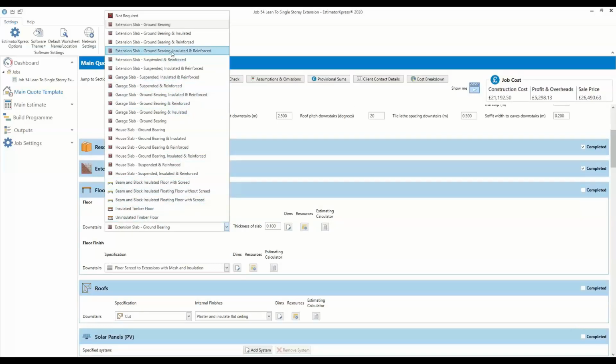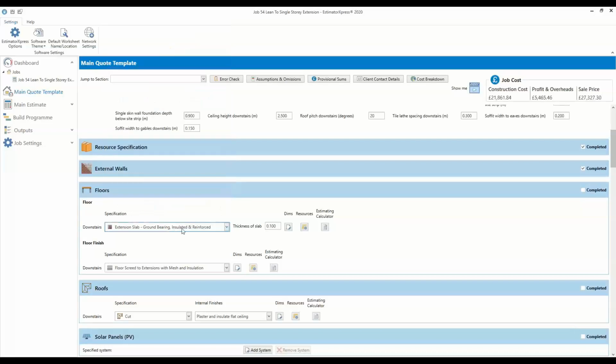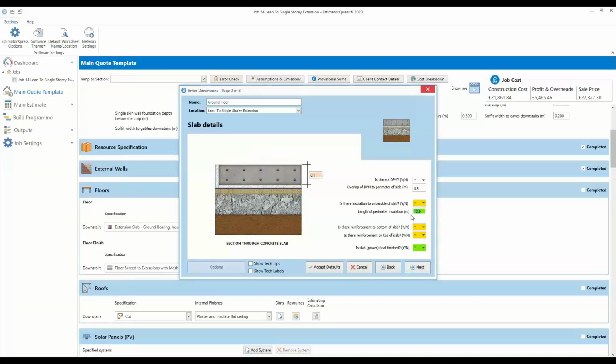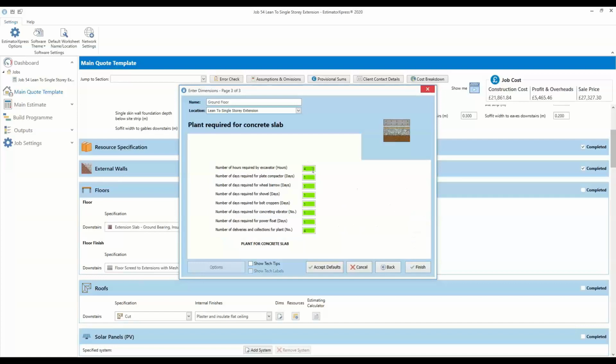I guess the choice is yours. But by selecting that one, we can then tell the software what the thickness of the slab's going to be, and if we want to, we can click in there, and it will tell us how much area of slab, we need 19.6 square meters, 12.9 meters of perimeter insulation, and then based on the size of